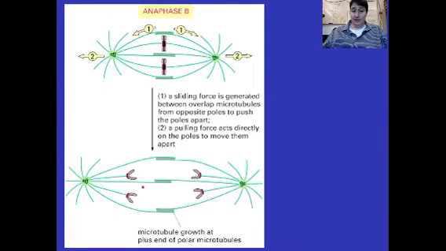Alright, and this is another picture just showing that. You still have in anaphase, I don't know why we have anaphase A and anaphase B. Basically, anaphase is the pulling of the chromatids and the pushing of the centrosomes further apart. And the last thing that happens is the astral microtubules are attached to the plasma membrane via a negative end motor. So they have a dynein attached to the plasma membrane and to the microtubule,